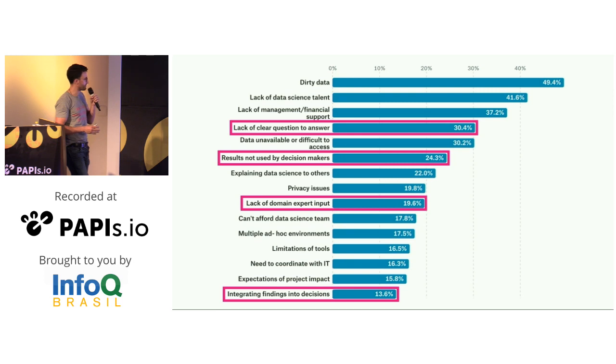And then integrating findings into decisions. That's probably one of the first questions that the machine learning canvas asks you to answer. What do you want to do with the predictions coming out of the machine learning model? And I like to tell people, all right, you specified your machine learning problem. The first thing that we naturally want to do is to do a proof of concept, or to see if it works. Is it feasible?